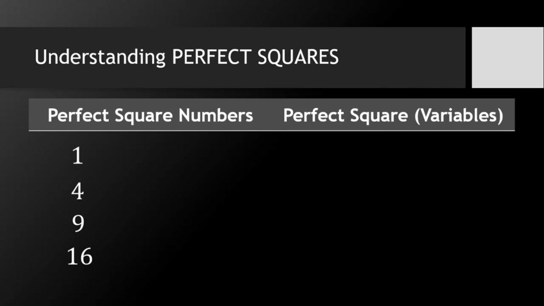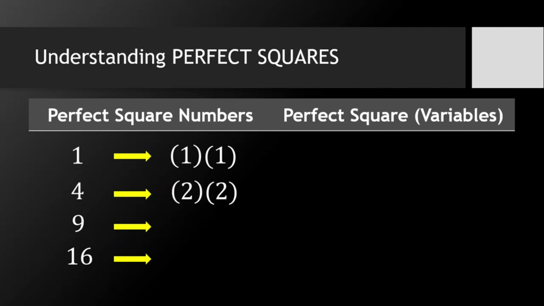Now, why were they called perfect square numbers? Simply because they are the result of multiplying two similar numbers, such as 1 times 1 for 1, 2 times 2 for 4, 3 times 3 for 9, and 4 times 4 for 16. Consequently, we can continue the list of perfect square numbers. Remember that the perfect square numbers are infinitely many in mathematics, so the list will go on and on.